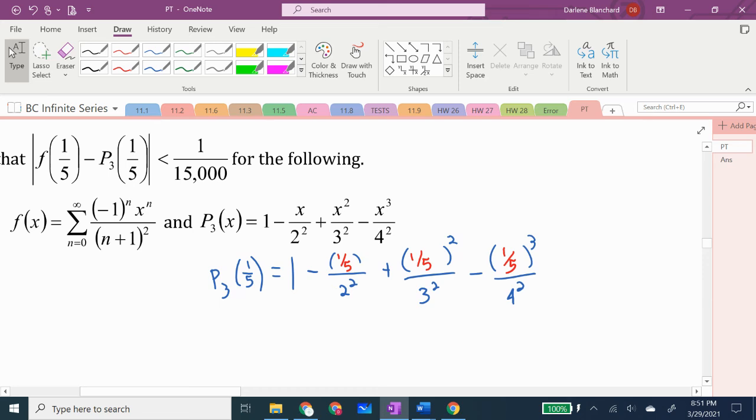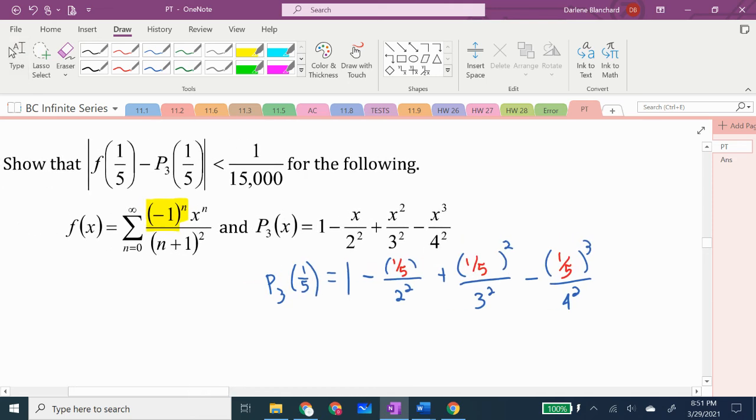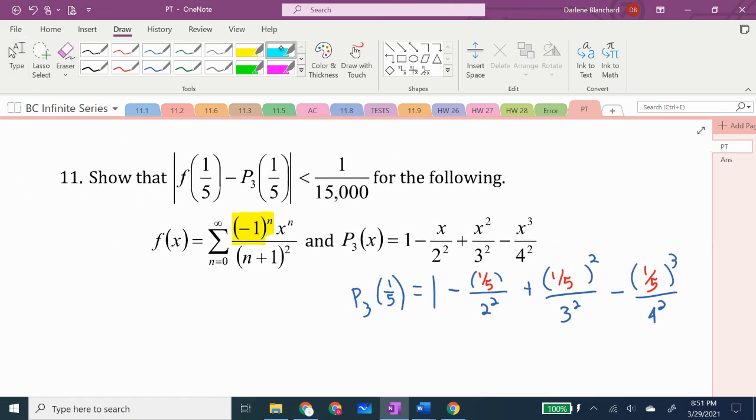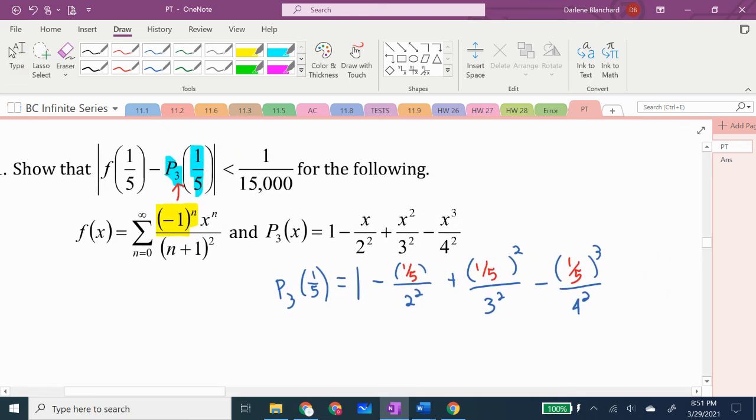I can see that it is an alternating series when I look at the formula. Now, if I am approximating the polynomial at 1/5, specifically with my degree 3 polynomial, I need to know what is the first omitted term,